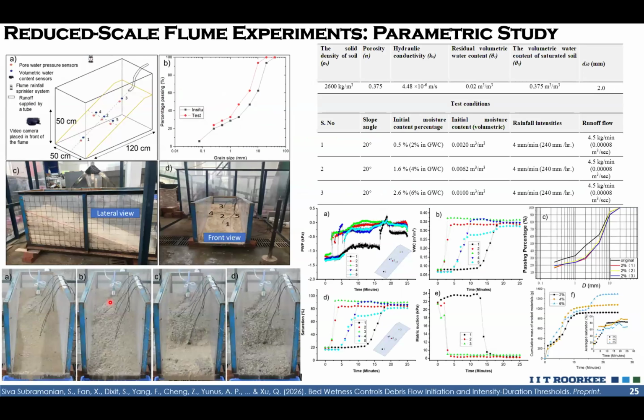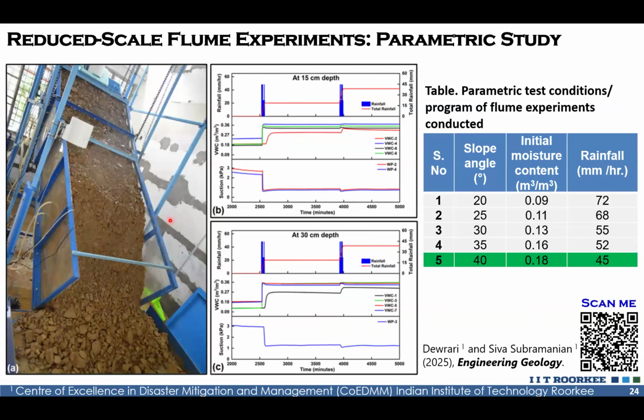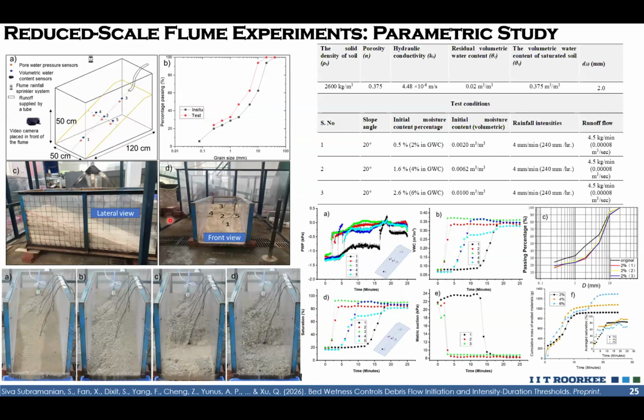Earlier, during my time as a postdoc in China, we did a similar kind of experiment, a much smaller flume, for rainfall-induced debris slides, in order to see whether the role of unsaturated soil mechanics also holds true in runoff-generated debris flows. Usually, if debris flow numerical models consider the initiation of debris flows, they assume the debris flow gets initiated only in case of full saturation. This is because, as per the Hortonian overland flow model, we think saturation is the point at which infiltration is exceeded by precipitation, or the availability of rain that converts into runoff.